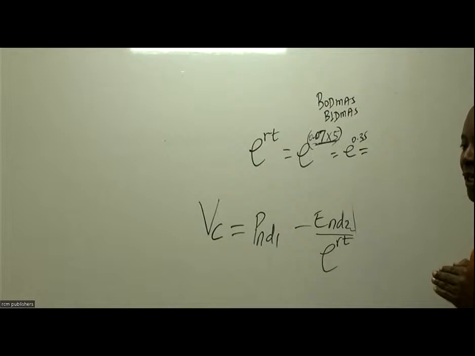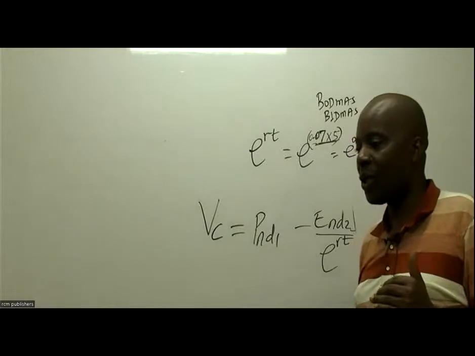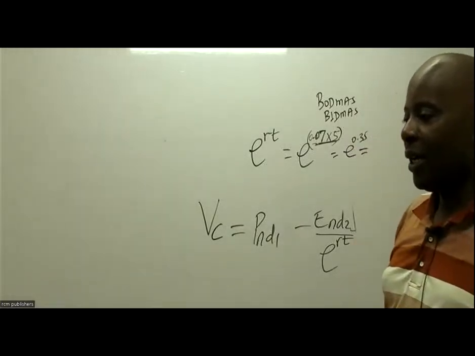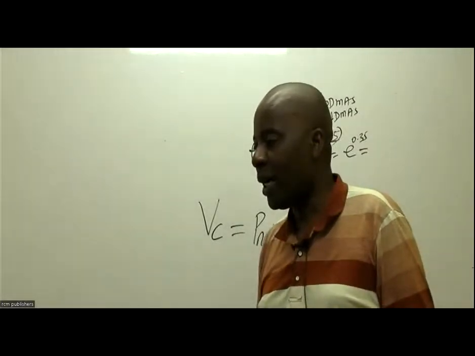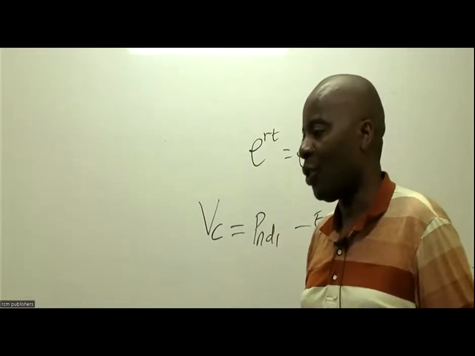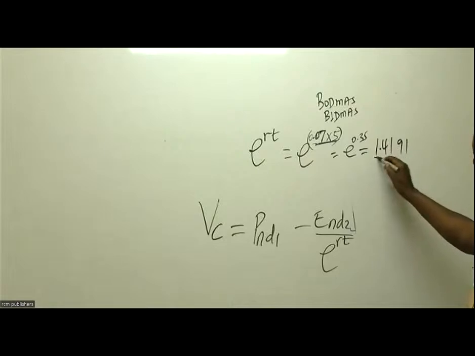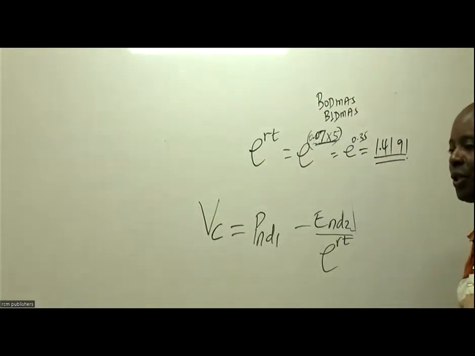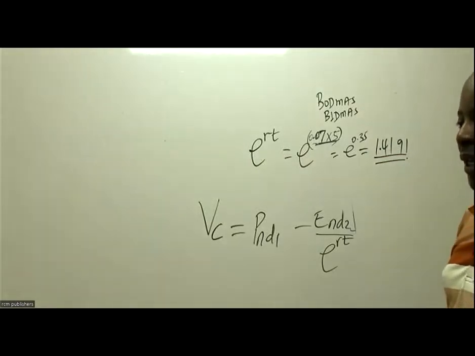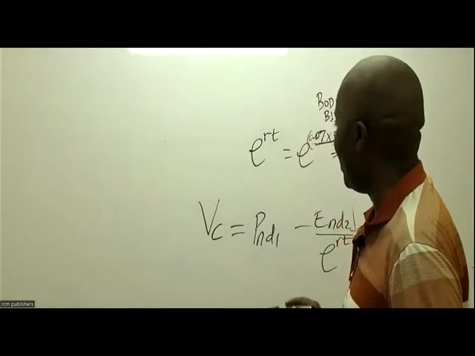Eliza, I expect to get an answer from Eliza and Matthew. I'll be so happy. Thank you so much. We need to round off to at least four decimal places: 1.4191. Thank you so much. Eliza hasn't gotten it yet, but we shall overcome. At least you have an idea, Eliza.